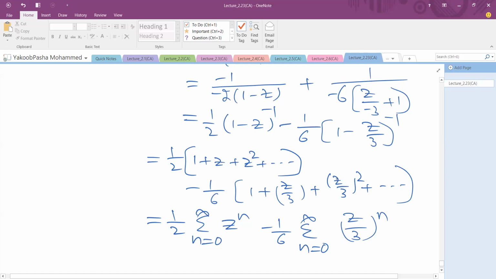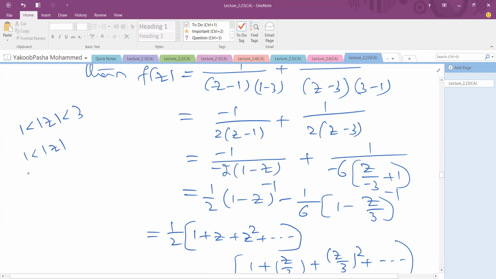ఇక్కడ z by 3 లోకి ఎందుకు మార్చుకున్నాం, ఇక్కడ z లోకి మార్చుకున్నాం అంటే, ఫస్ట్ మనకి ఇచ్చిన కండిషన్ ఏంటి, 1 less than modulus of z less than 3 అండి, 1 less than mod z. So when we take the reciprocal, sorry, ఇక్కడ తప్పు చేసా. Okay, sorry. When we take the reciprocal, 1 greater than 1 by mod z అండి. So 1 by mod z is less than 1. కాబట్టి ఇక్కడ ఏమొస్తుంది, modulus of 1 by z is less than 1. ఇక్కడ కండిషన్ ఇలా తీసుకోవాలి. అప్పుడు ఇక్కడ ఏమొస్తుందంటే